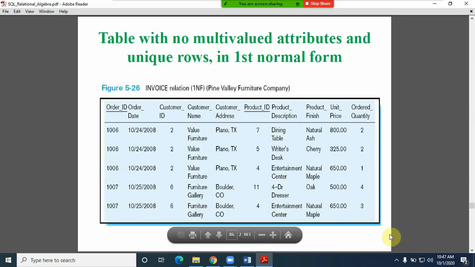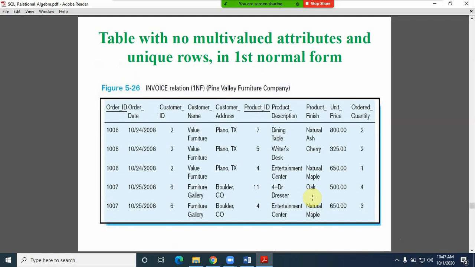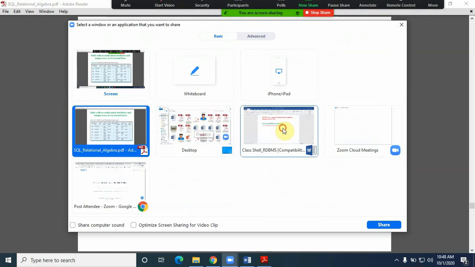Now just by converting this particular table, because in the earlier case we were having different things, we have split that information, and by splitting it there is clarity: order ID, order date, and each and every record separately. Based on this separation of the records, one can easily identify the appropriate information in the simplest manner.